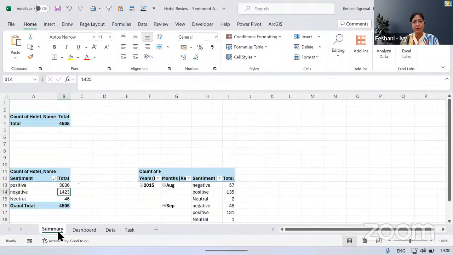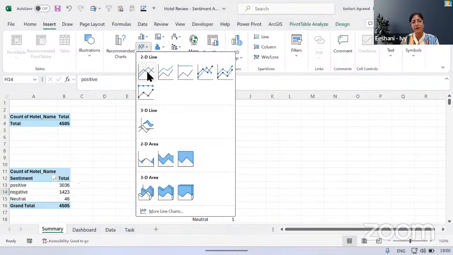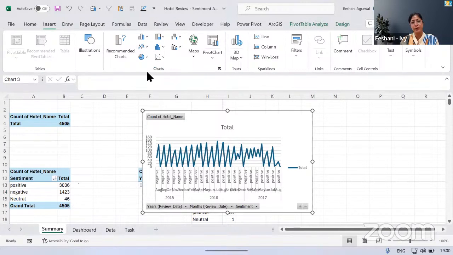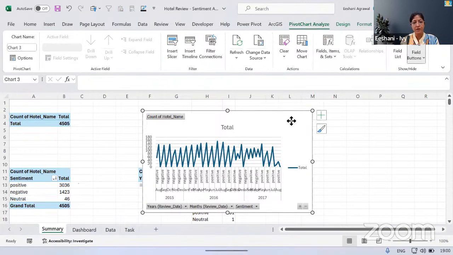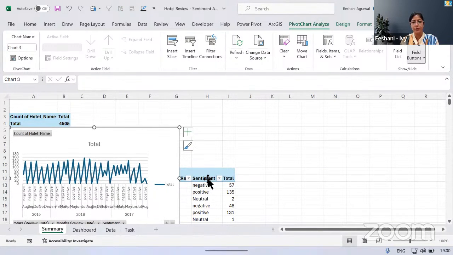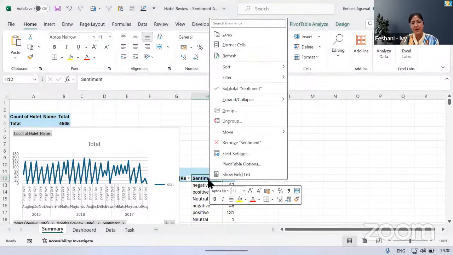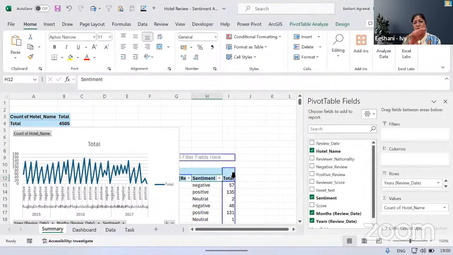So going back to the summary, insert. This time to create a trend, we typically use the line chart. So we're going to create a line chart. This is not working in our favor because of the way we have created a pivot table. So I don't want negative positives to be in the x-axis. I would want them to be on the column